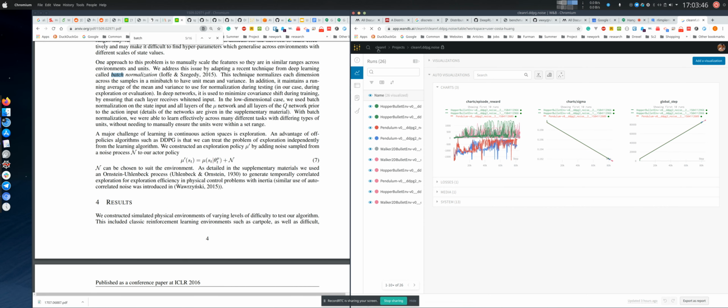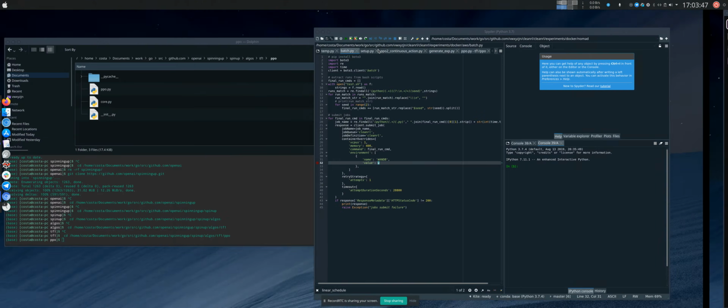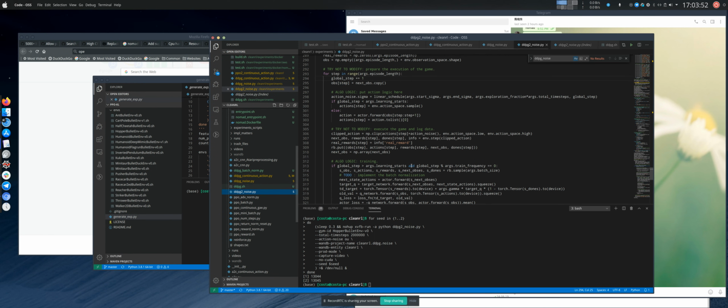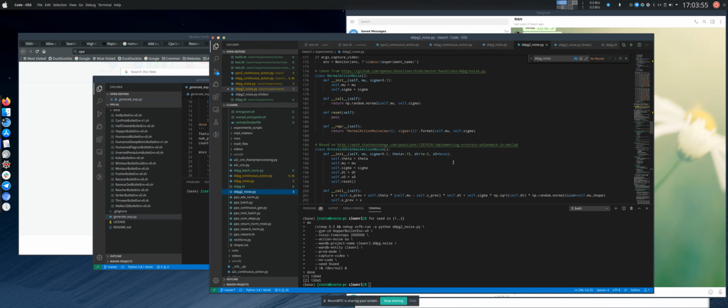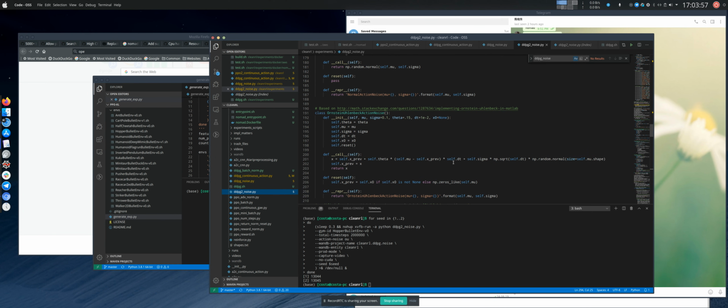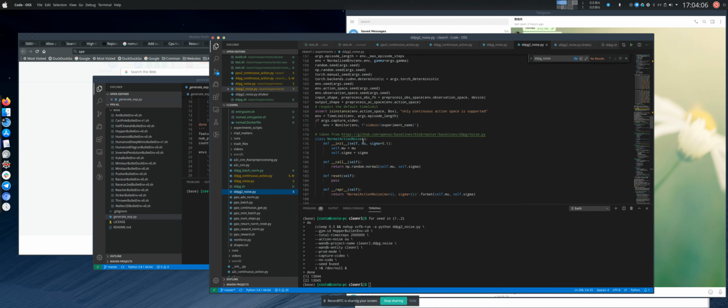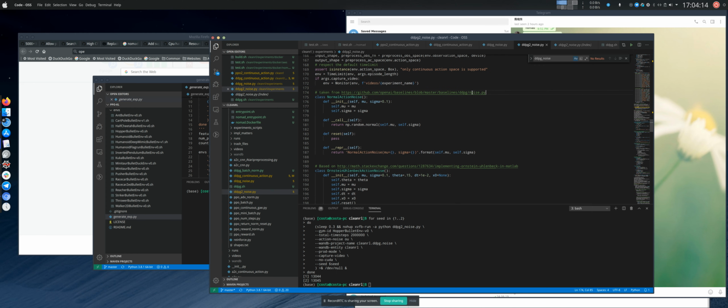So this week, I experimented with two things. The first thing is I experimented with the action noise. As we discussed in the paper, the original paper used the Ornstein-Uhlenbeck action noise, and the OpenAI Spinning Up repo uses simple Gaussian noise. So I did a comparison of them. And if you go to the OpenAI Baselines library, they actually, oh,